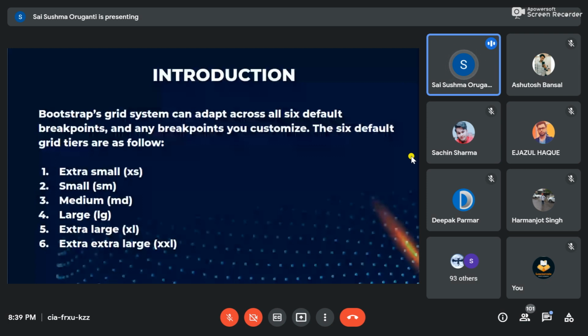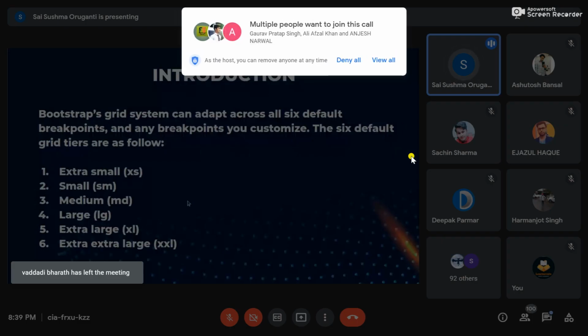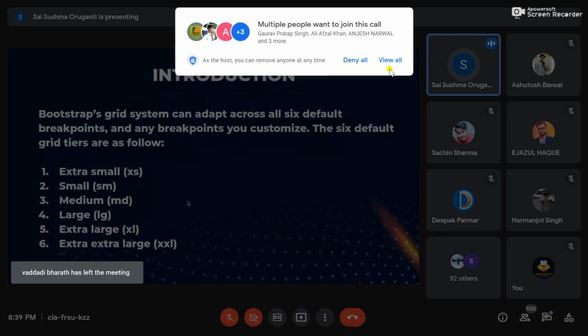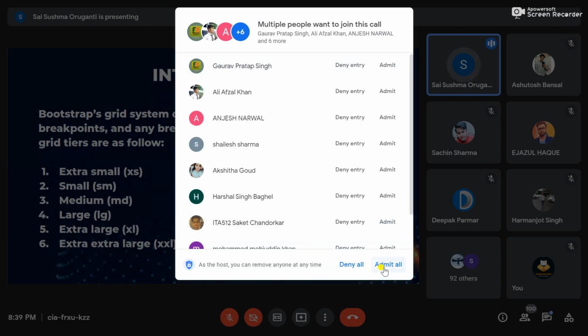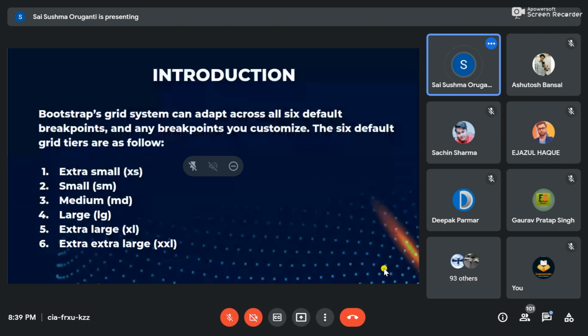We web developers use all these things while developing a website because users may open their website on a laptop, on a PC, or on a mobile phone according to their convenience. So the developer has to keep this point in mind and develop the website. By using Bootstrap, it makes it easy. Bootstrap makes it easy to develop websites.